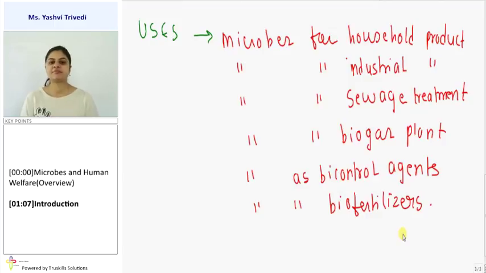And finally, as biofertilizers. As we know, in agriculture, farmers use fertilizers to increase the fertility of the soil and to get better yield from the soil. But on the contrary, that is creating pollution of the land, which at the end affects the yield of the land. So to replace that, nowadays they are using biofertilizers, in which they use microbes which can do the activity that fertilizers do. So there won't be any pollution. So these are the basic uses which we are going to cover in this chapter. Let us start in detail with each.